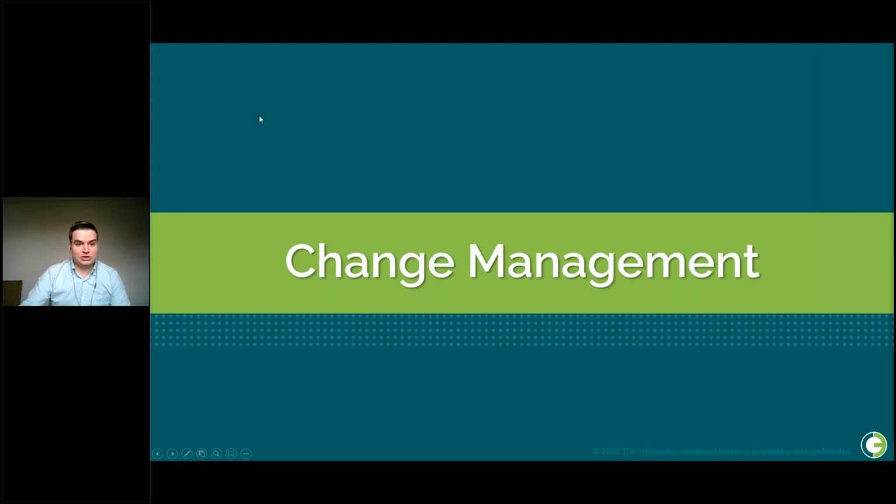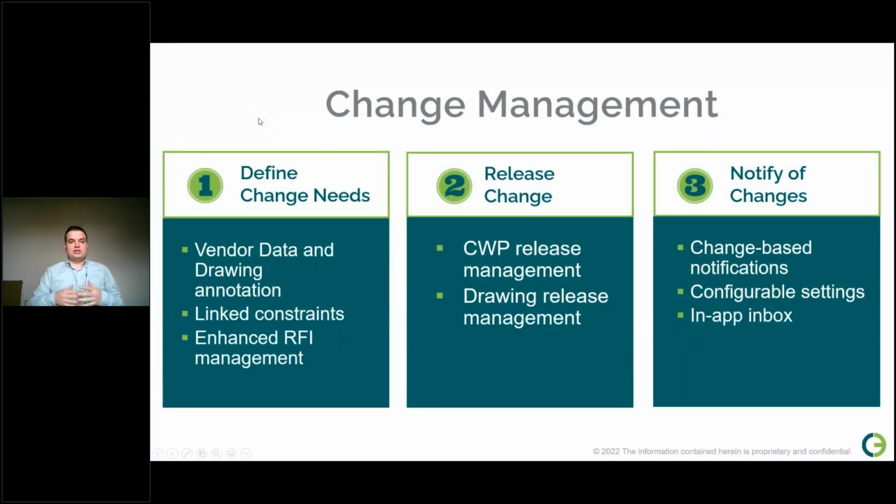Next, we decided to focus on change management. With O3's industry-leading solutions for AWP in both construction and engineering, we next sought to improve the collaboration between these two groups, specifically around managing change. This is an area where we've seen a lot of value already through constraint management, but by expanding our change management and release process, we allow engineers to manage potential changes while construction works in the most up-to-date confirmed information. Both parties are able to track updates as they're relevant to their part of the process.